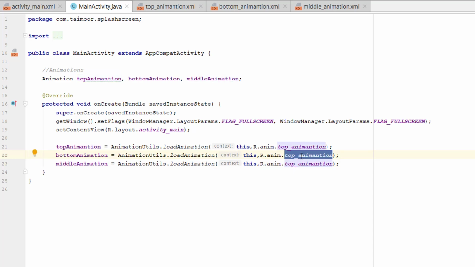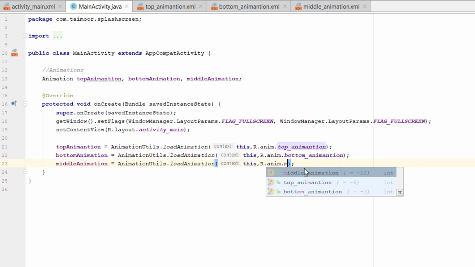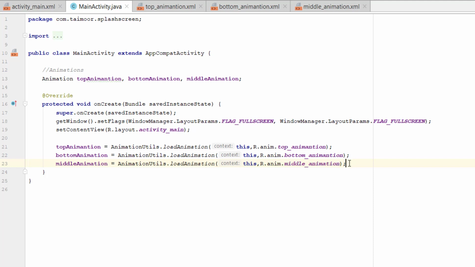to bottom and this one to middle animation. Pretty simple. So we successfully loaded all these three animations inside our variables. So now we can simply assign these animations to